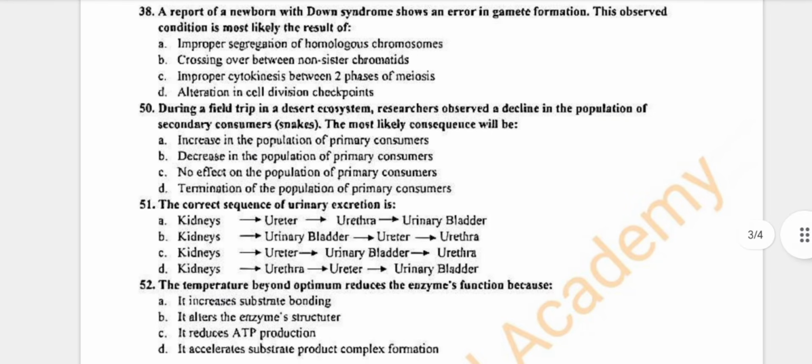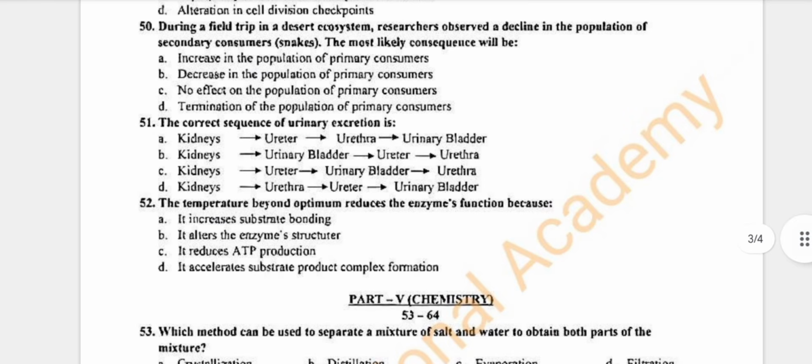A. Question number 50. During a field trip in a desert ecosystem, researchers observed a decline in the population of secondary consumers, snakes. The most likely consequence will be, and the correct option is A, increase in the population of primary consumers. Question number 51, the correct sequence of urinary excretion is, and the correct option is kidneys, ureter,